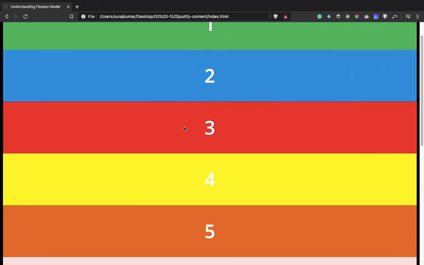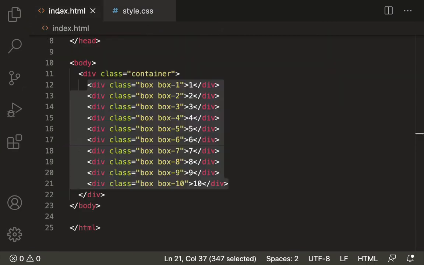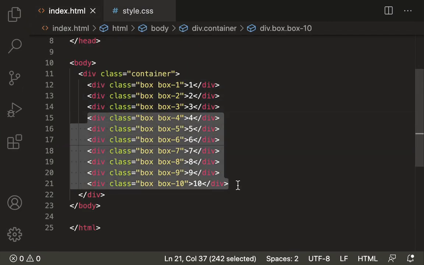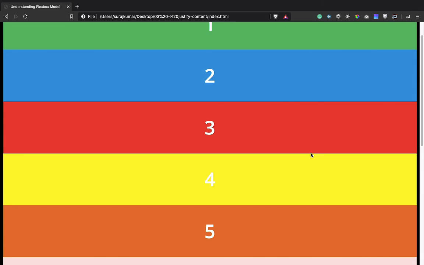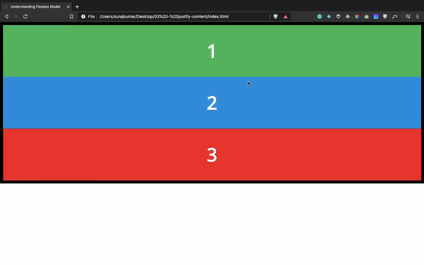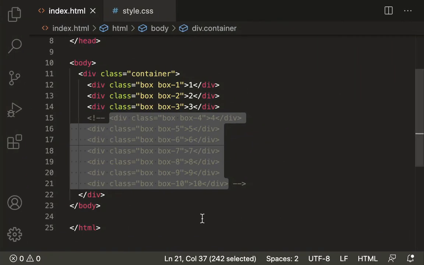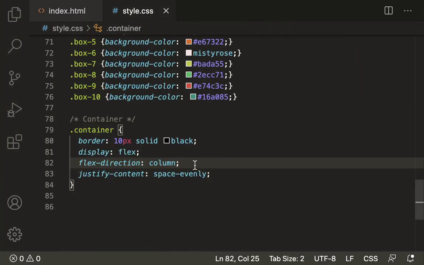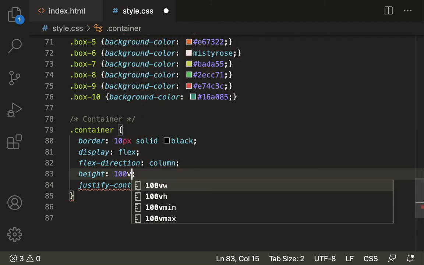So the very first thing, let's get rid of a few items from here. So let's have just 3 items. Let's comment out these. Now give it a refresh here. Now we have 3 items inside the container, but at the same time we do not have any extra spaces inside the container just because any item gets height according to its content. So now if we apply some height to this container, say 100 VH, so that the container should cover all the height from top to bottom. So let's apply height 100 VH for the container.